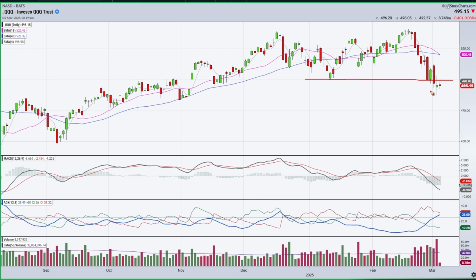I mean, those are pretty big distribution bars, and so we're going to need to do that. That's one thing that could happen. Now, if we just rally back up towards the 18 on lighter volume, and this doesn't change, and this just kind of pinches in, then I think we need to be ready for another rebreak of this key low